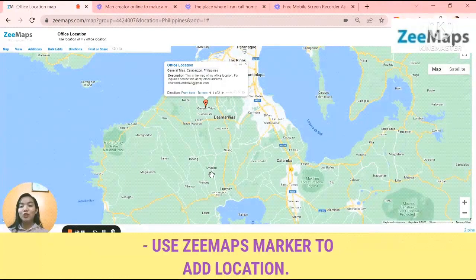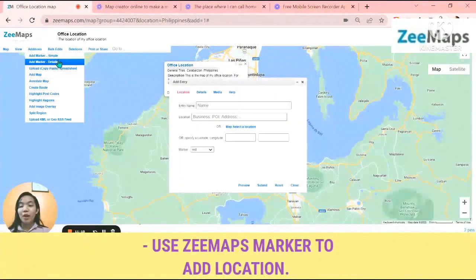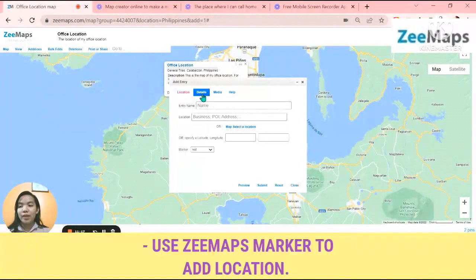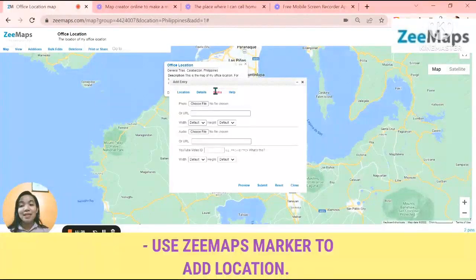Next is that if we want to add a marker in a much more detailed way, under additions again, add marker detailed is what we are going to use. We just have to press add marker detailed with much more detailed informations that we can input. There we have informations about location. Then in a details section, we can add description, your email, phone, and website if you have one. Then in the media, we can add photo, audio, URL, or YouTube video. Then after that,